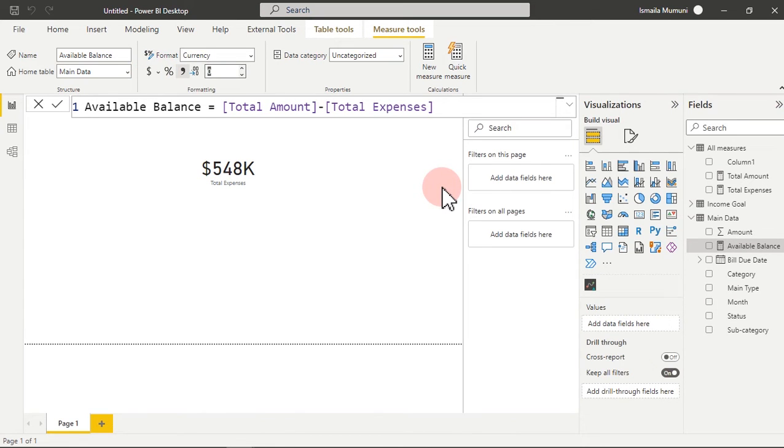Okay, I intentionally did something wrong just for me to show you how to fix it if you have the same problem. What is it? Now, if you look at it, I said we're going to have our measure inside the All Measure table, but suddenly we have our measure inside this particular Main Data table. So what do we do to push it right in here? Very simple. Make sure you